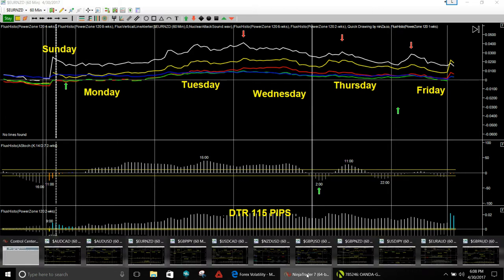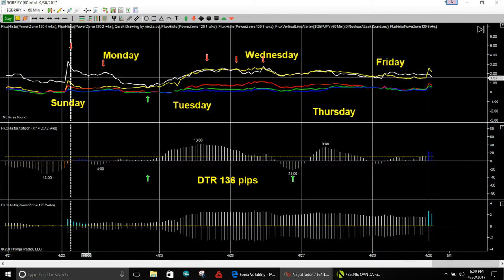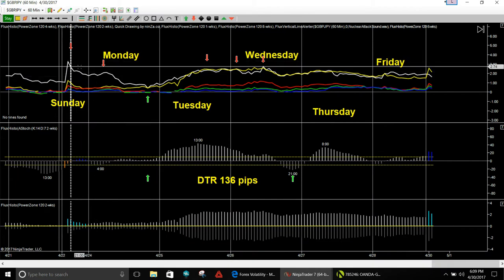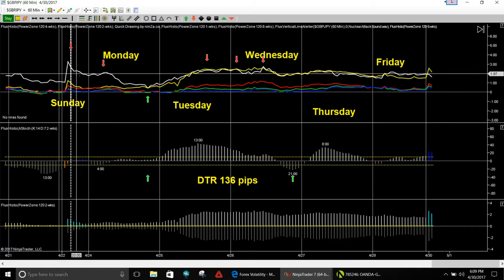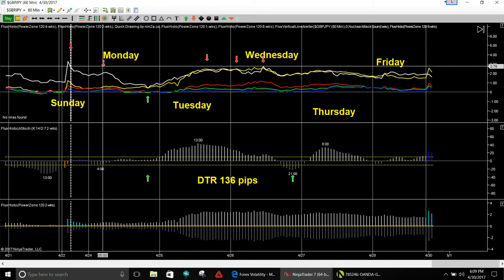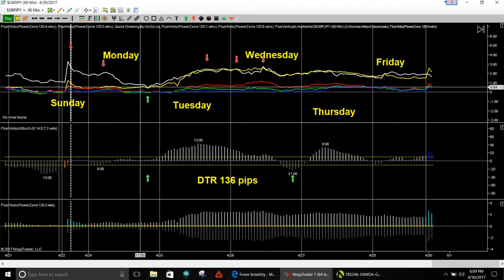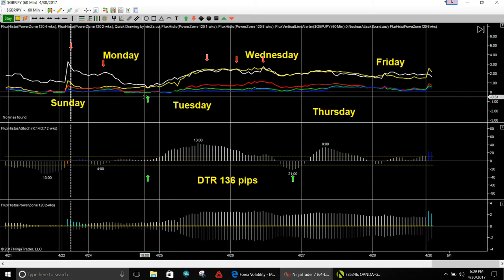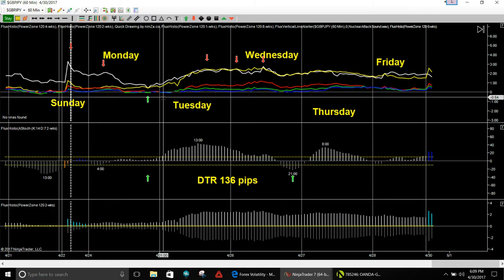Okay, next up is going to be the Great British Pound JPY coming in here. Sunday looks like we're going to make a down move, but I'm not looking at this one right at the moment because I don't think there's really anything happening. Market is a little slow now. And then my first trade will be 5 a.m. in the morning Monday. I look for a down move on the Great British Pound JPY until about 8 p.m. on Monday, and I'm going to look for an up move